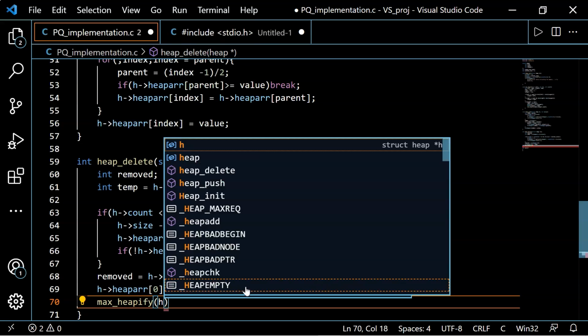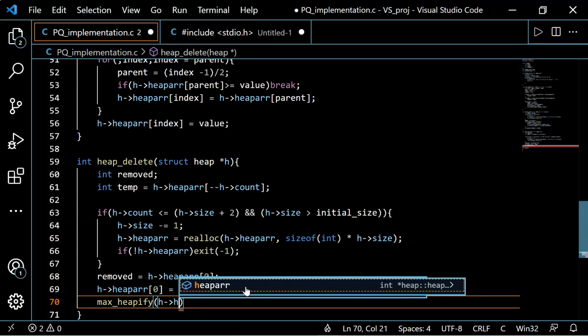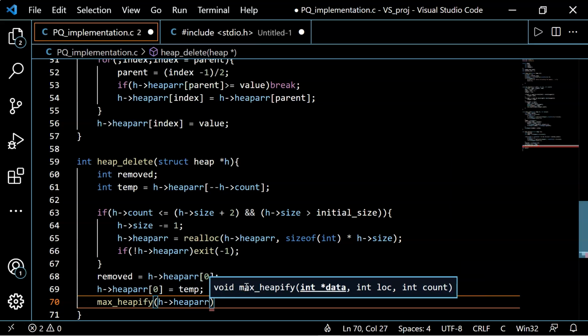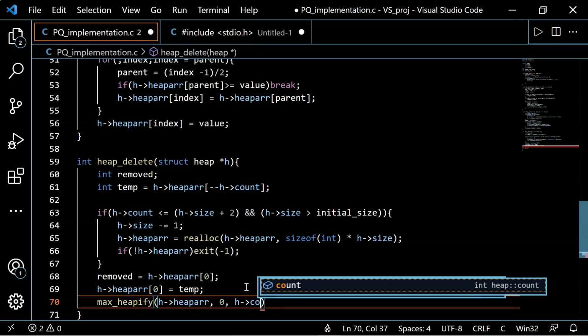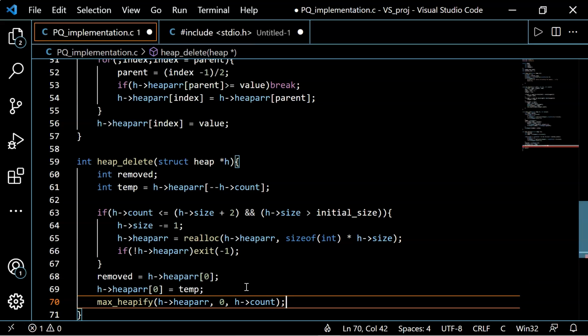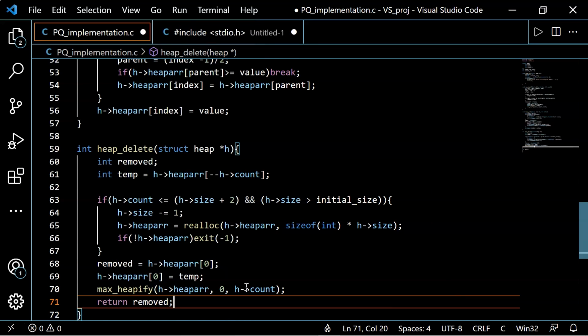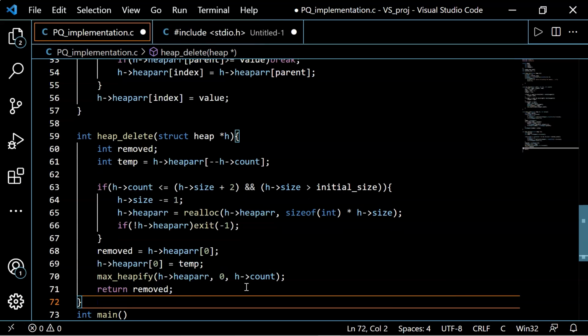For that we'll pass as arguments our heap structure, that is heap array, and next the index which was removed and the count variable, and we'll return the removed element. Okay, with this we have successfully implemented our delete function.